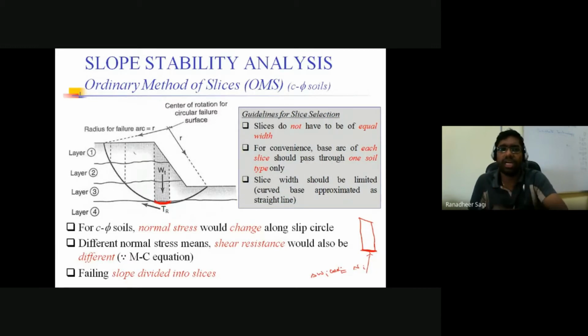So that's how I'm going to make my life simple. If Ni is known, then I can go on to calculate sigma N, the normal stress acting on that particular ith element, which is nothing but your normal force divided by the area on which that particular normal force is acting. And once the normal stress is known, then I can go on to write down your factor of safety expression. So how do we write down the expression for factor of safety, considering both c and phi soil?